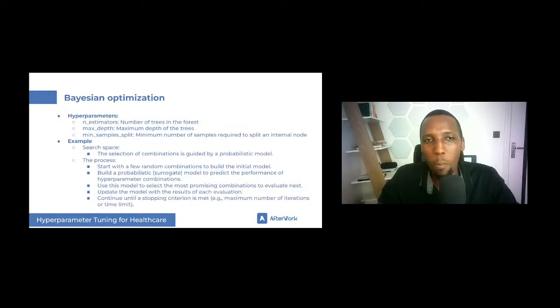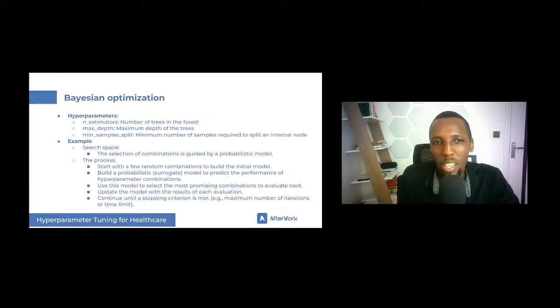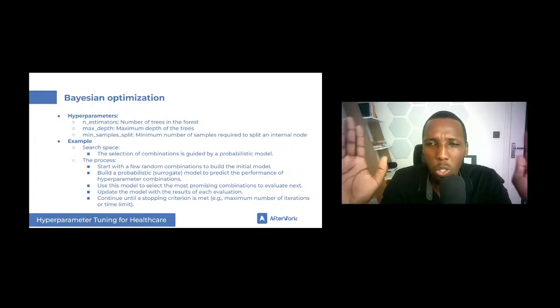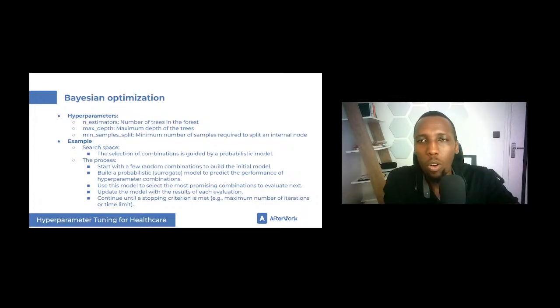All right, lastly, Bayesian optimization. So this technique is somewhat different from these other two, but they have some slight similarity at the very beginning, where you would need to set what is called the search space, where you would want to search your parameters. So you need to select the hyperparameters that you'd want to work with, and once you've selected, let's say you want to check for estimators between maybe 0 and 100 or 0 and 500